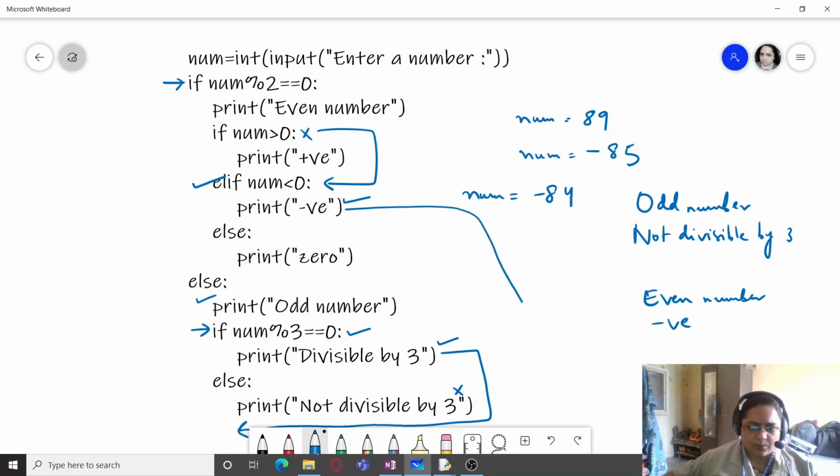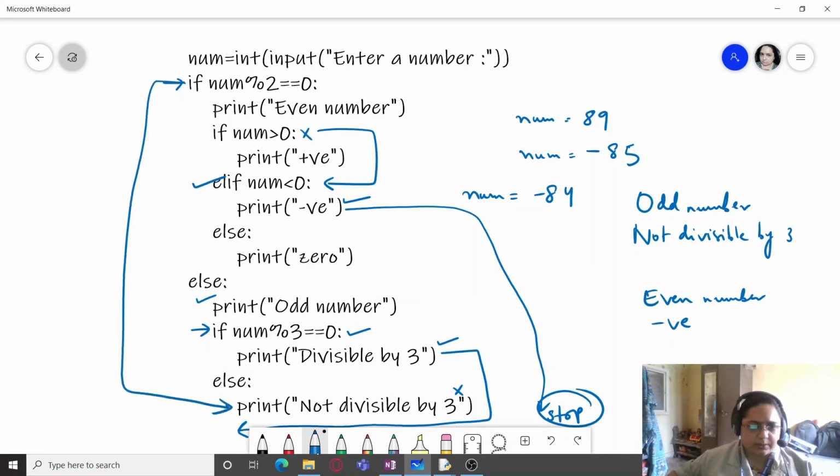So the program control flow will go to the end of the program, or the statement immediately following the outer if block. So this is my outer if block. So this is how you have to execute statements.